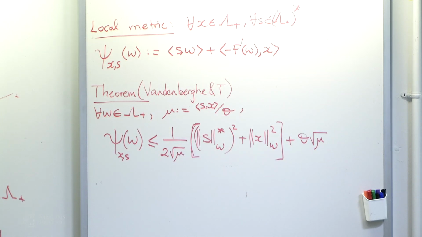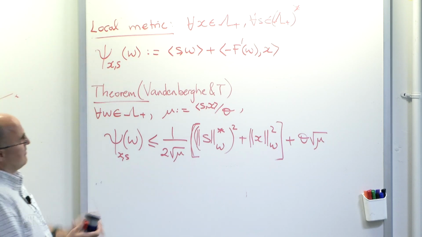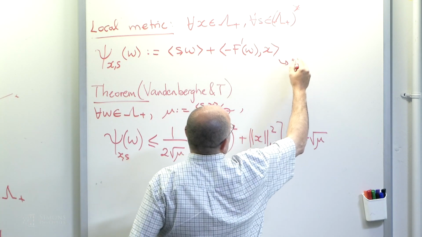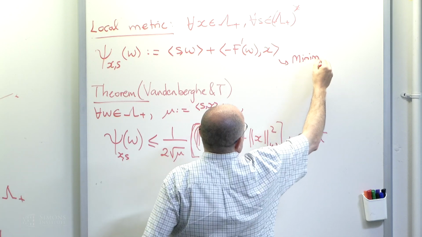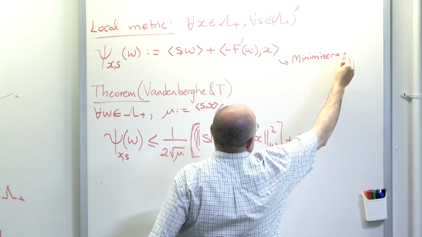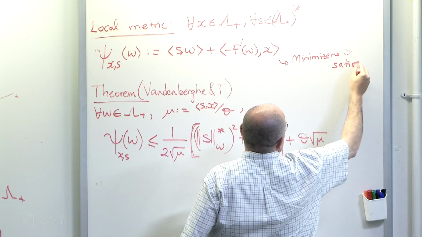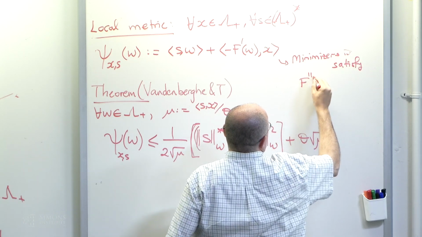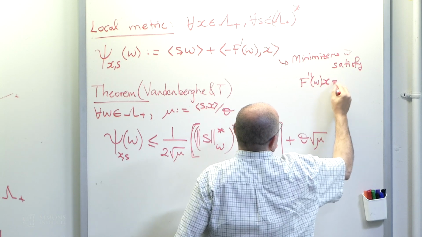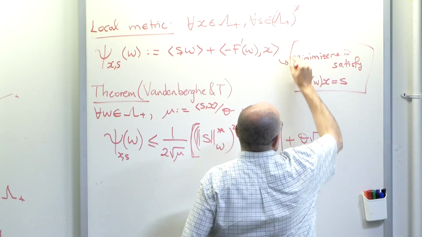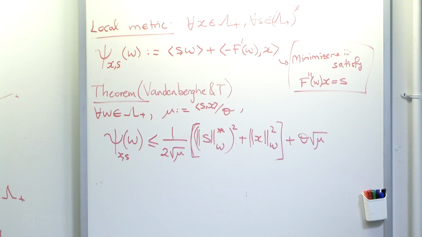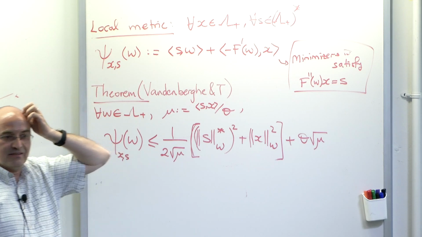So this is the function, and the minimizers of this function, minimizers w bar, satisfy f double prime w x equals s. So you just write the necessary conditions for optimality, use convexity, and you can see that not only